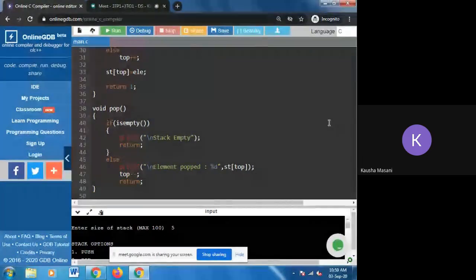So if you want to keep those return statements, then you have to change the type of your pop function. If you want to keep that void pop as it is, then you have to remove the return. Either of the things you have to do. Okay, rest of the things seem fine.